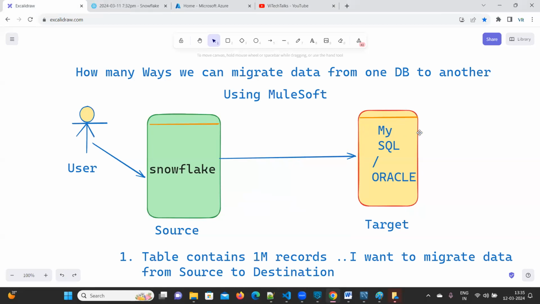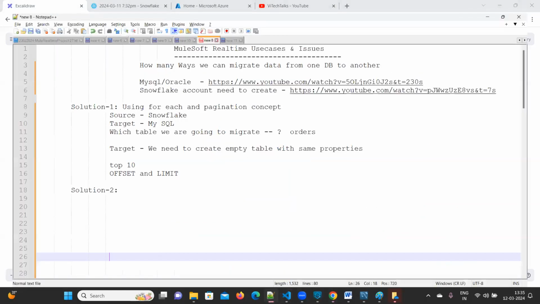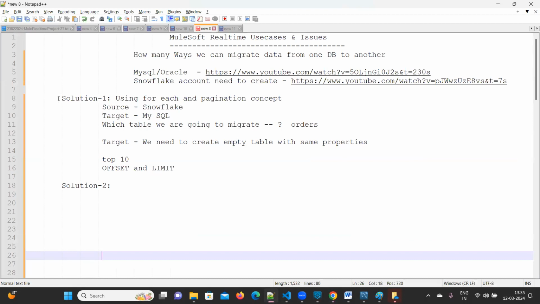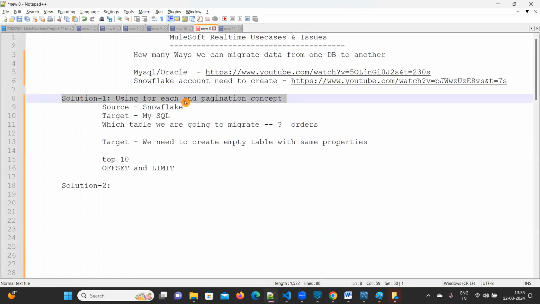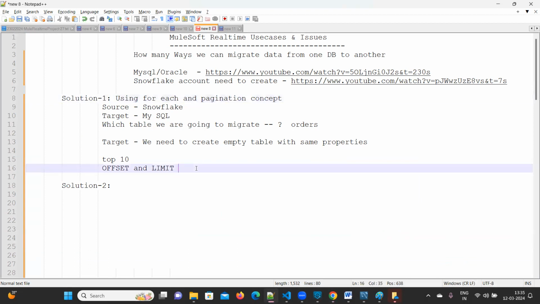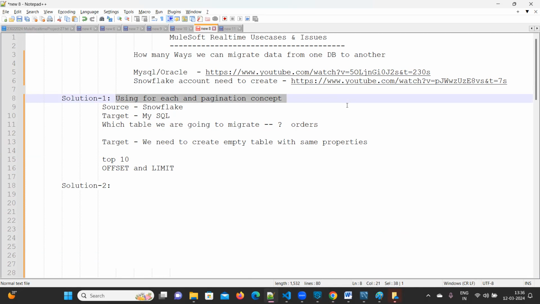In this lecture, we are going to see solution 2. The previous solution used foreach and pagination to migrate data from one DB to another DB. When will this work? If you want to process one by one, and if we have fewer records, I mean 1000 or 2000 or below 10,000, then this will be fine. But